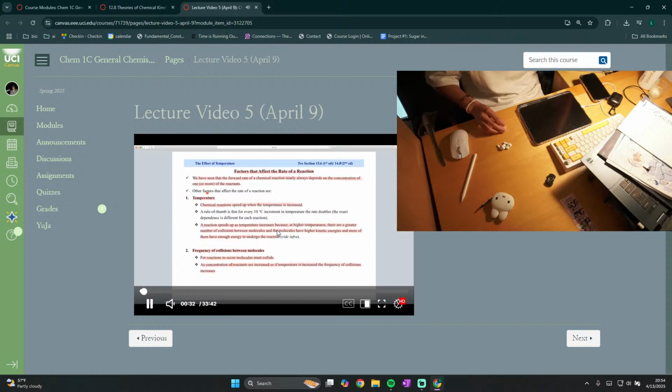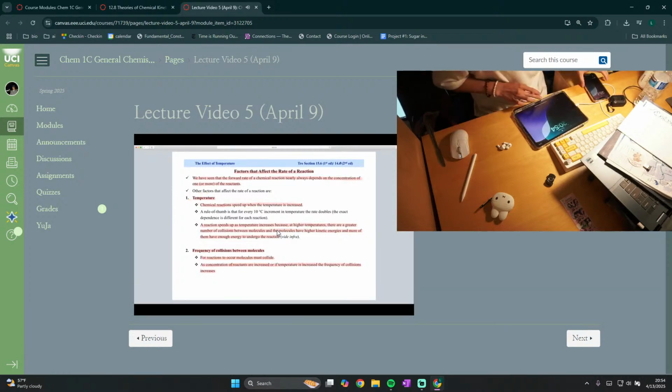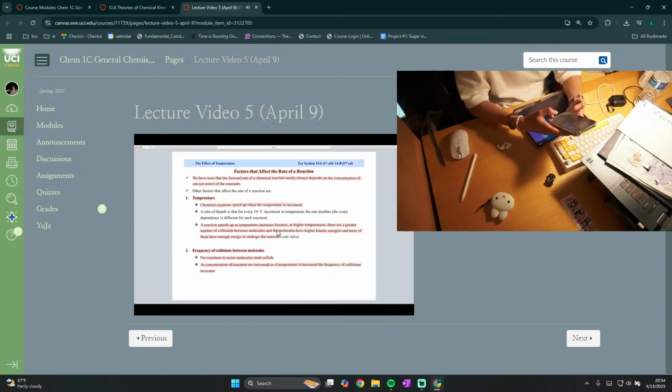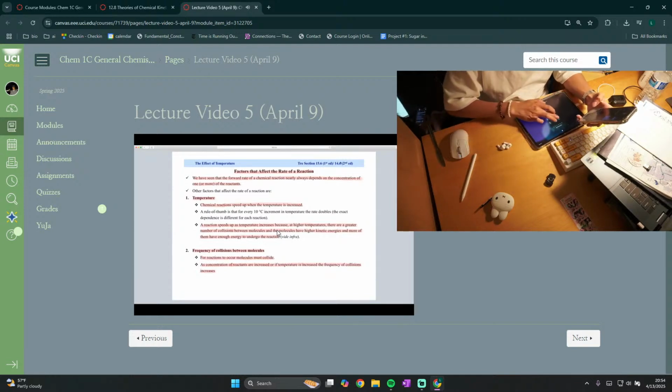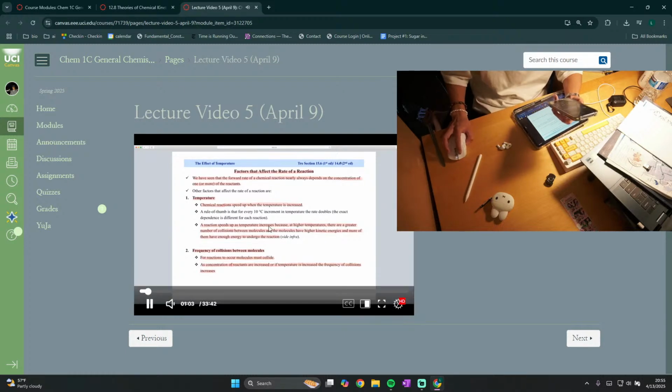The second factor that influences how fast a reaction takes place is temperature. As you increase the temperature, the rate of reaction increases. And the general rule of thumb is for every 10 degrees centigrade increment in temperature, the rate of the reaction doubles. Now, the reason that the rate increases with temperature is because as you raise the temperature, the kinetic energy of the reactant molecules increase, and as the kinetic energy of the reactant molecules increase,